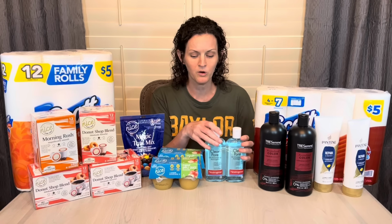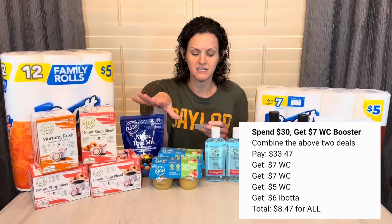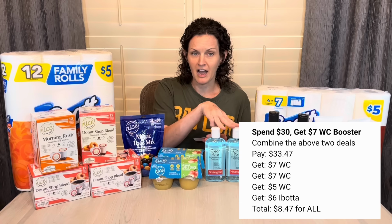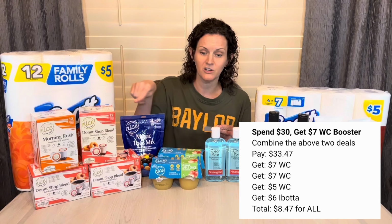Now, how it worked out when I put it all together, I combined these two deals just like I explained. My total was $33.47. Got back $7 for spending $30, $7 for spending $20, $5 for spending $15, and then $6 on Ibotta, making my total for everything you see here